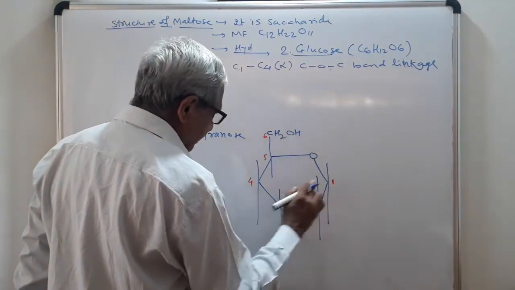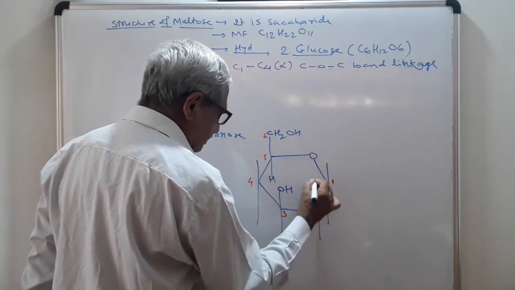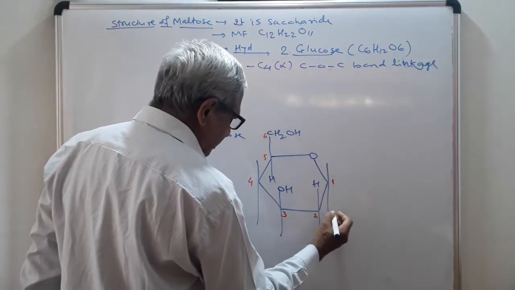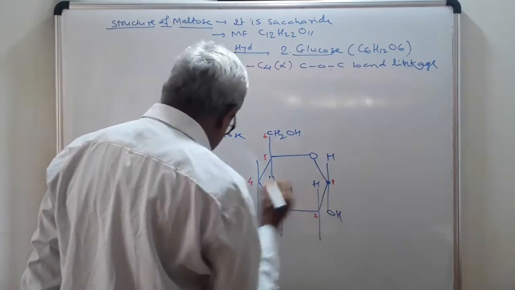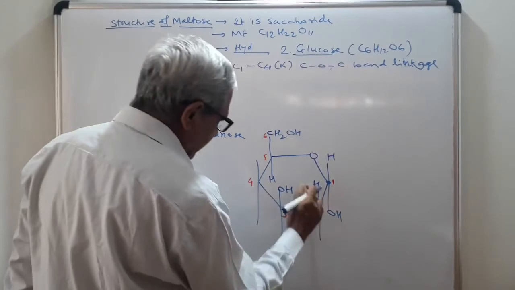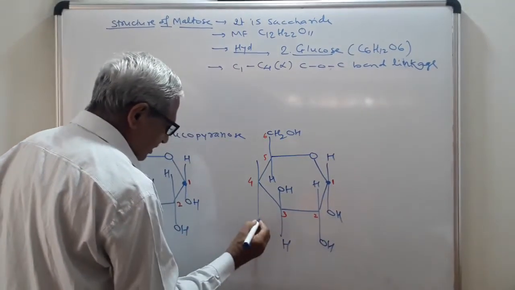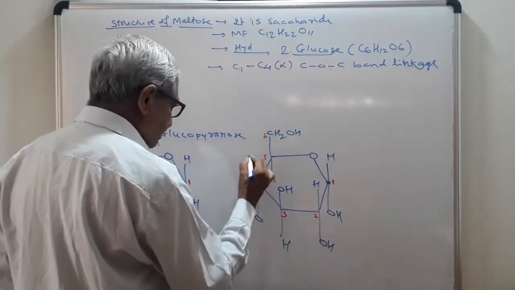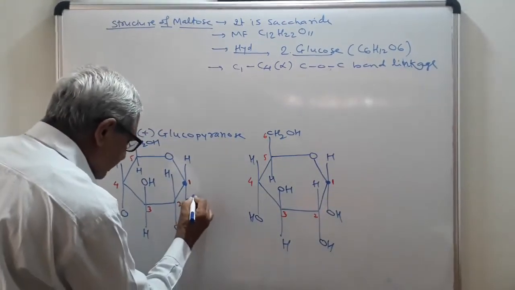Now I gave the hint, in this case the OH group at carbon number 3, OH, H, H. We want alpha, therefore the OH group must be here, hydrogen must be here. This is your anomeric carbon. C1 is the anomeric carbon. Now therefore OH must be here, OH must be here. Here is the OH and H. Now see here, in this case, you can form the glycosidic linkage in this way.